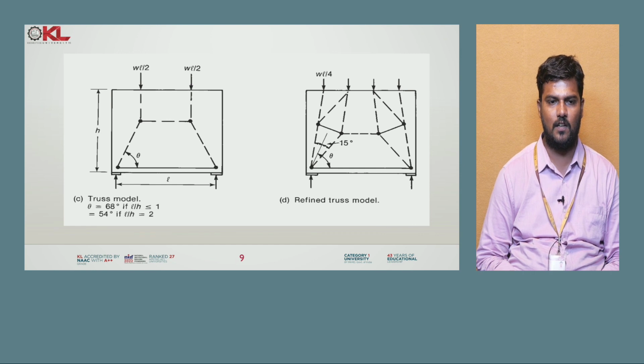if the L by H is less than 1, and otherwise if the L by H, length by H ratio, is equal to 2, then you have to use 54 degrees theta angle. And coming to the next one, the refined truss model. So here the load is applied at 4 points, so that's why it is given as WL by 4 at each span. And here we have maintained, you can see, 15 degrees in between the nodal points